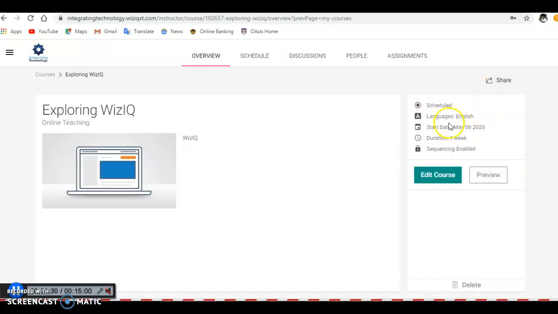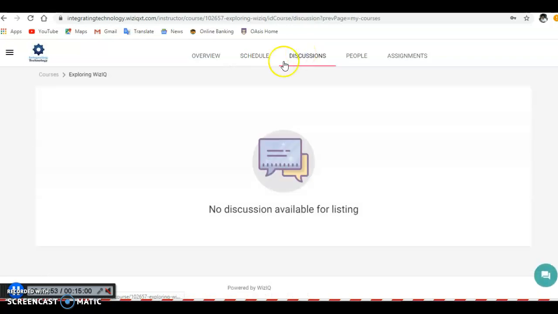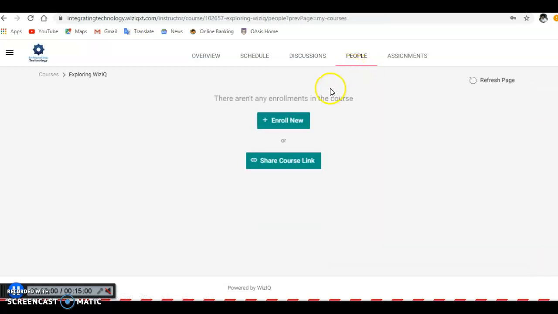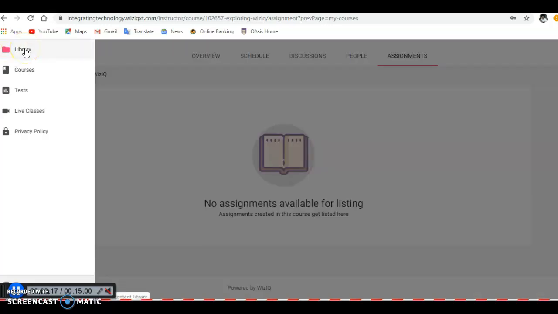and then you see when the course will start and in what language it's gonna be and for how long it's gonna be. And then you can also see if there are classes that are scheduled, discussions that have taken place, no discussion yet, and then people that have enrolled in this course, nobody yet. If you want to enroll, you can just click there and see if there are assignments, and then there's no assignments yet. So we go back to the menu, and then we go to